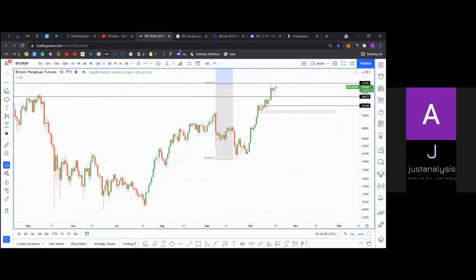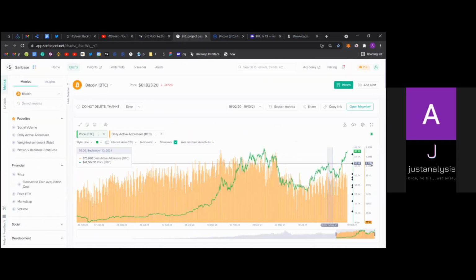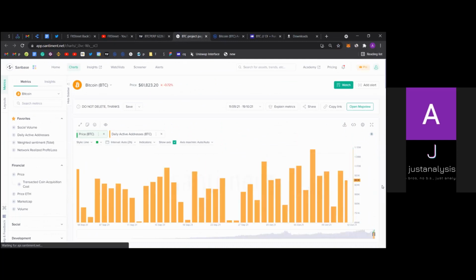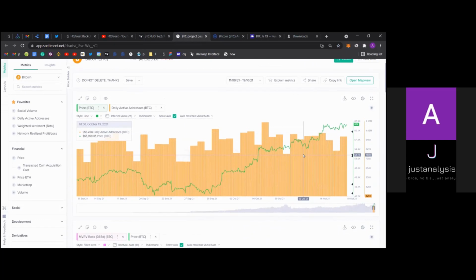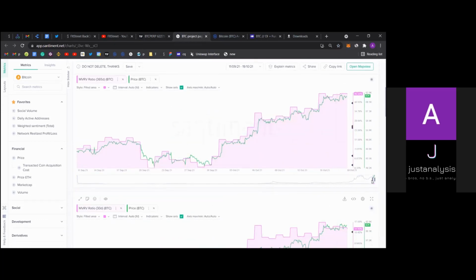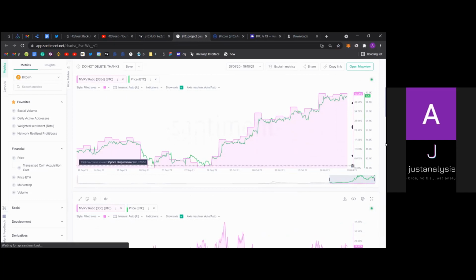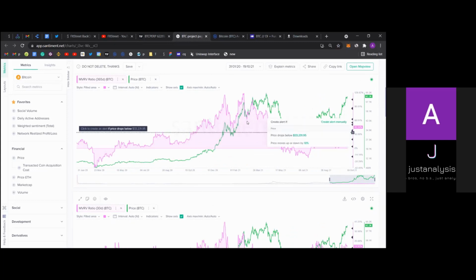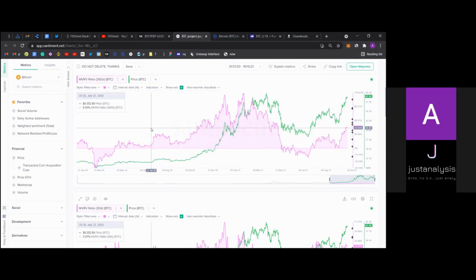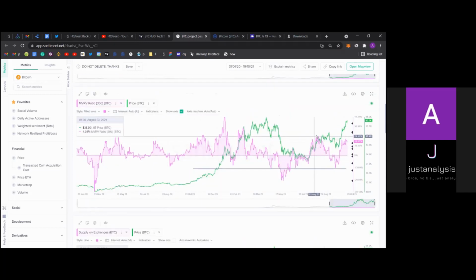Another thing is the daily active addresses are showing a divergence. So you can see the price has been going higher, but the addresses have declined lately. So this is another reason why I'm expecting a bearish outlook. Apart from that, both the 365-day and the 30-day MVRV are at really high levels, at least from a longer term time frame perspective. The 365-day MVRV is kind of in the safe zone, but the 30-day MVRV is approaching levels it did back in August 10th, where Bitcoin peaked around